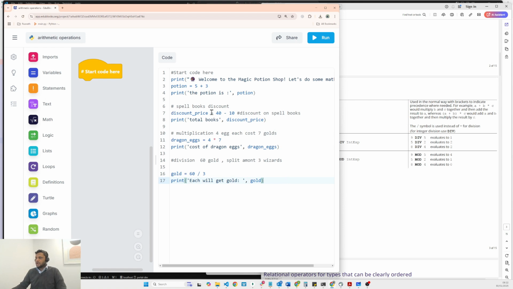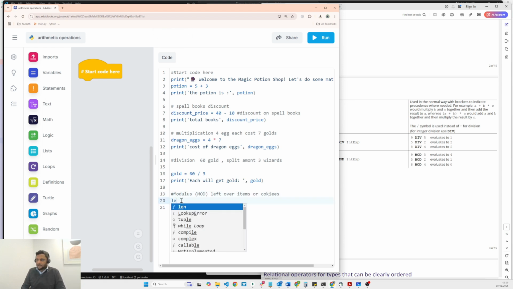So as you know, like plus, minus, multiplication, division, there is also something called modulus, which is mod. I can comment this out. So we need to know how much leftover cookies or leftover items. Excuse my typo. Okay. So leftover